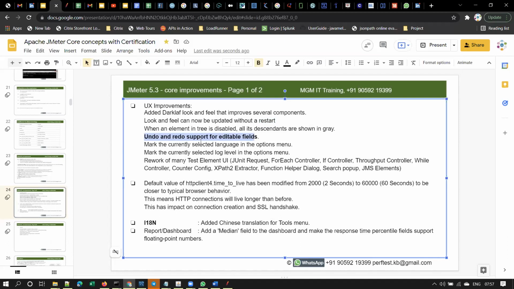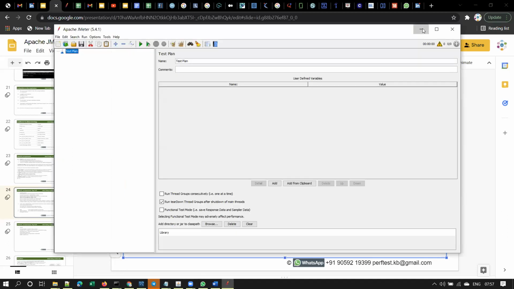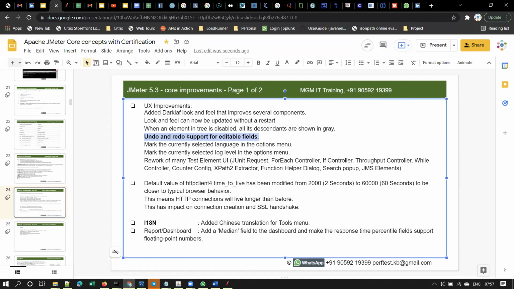Observe here: undo and redo support for editable fields. Undo and redo support means you have the Control Z option. In the previous version, you don't have a Control Z option. Everyone knows what undo and redo are, isn't it?